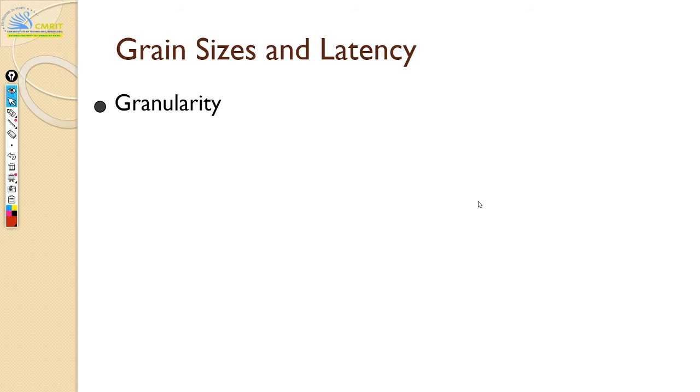Like we saw in the last class, the parallelism can be done at the instruction level itself. So you have two add instructions. You can say one add instruction will go to one processing element, and the other add instruction will go to the other processing element. Okay, or it could be at the application level. You can say this particular application itself will run on one processing element, and the other application is going to run on the other processing element. Okay, and there are lots of variations in between too.